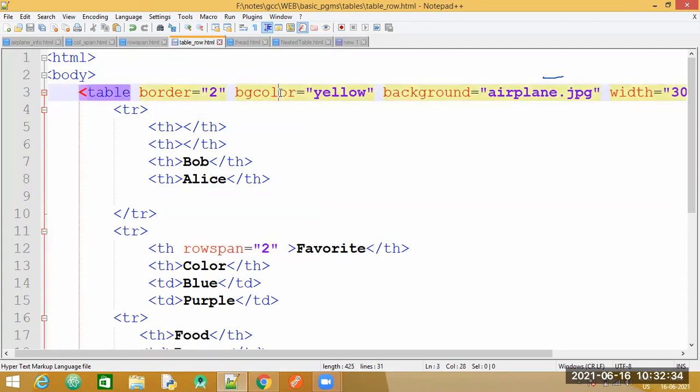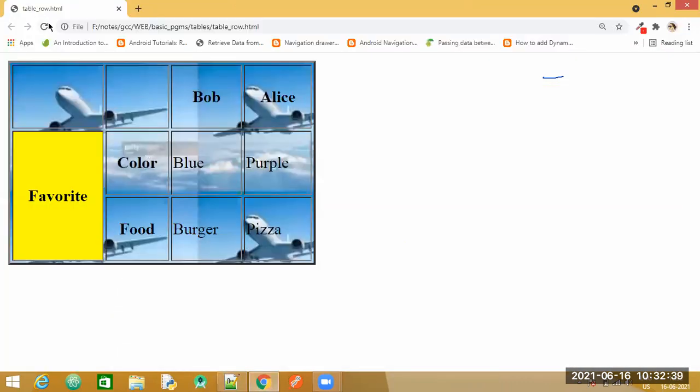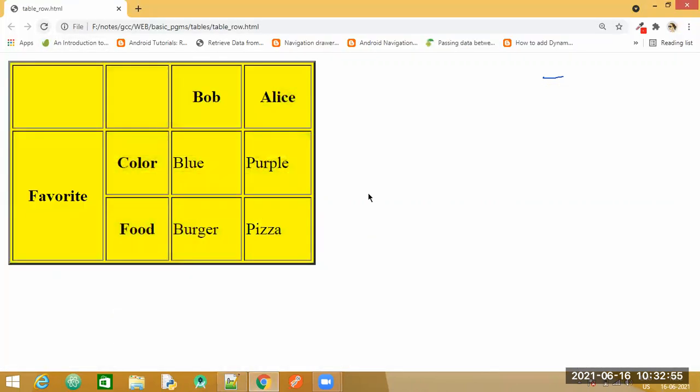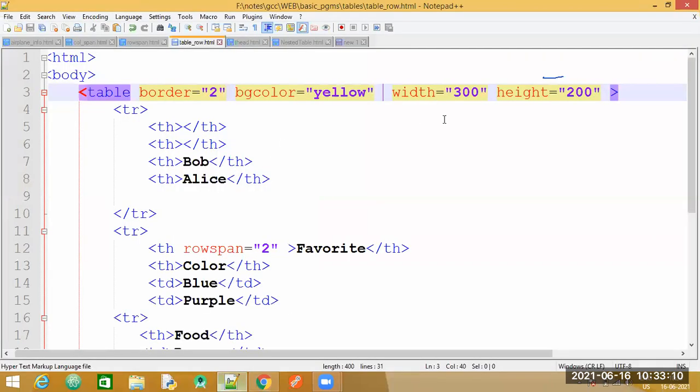Now we have specified the background color also, and we have specified the background image also. So see which one is getting implemented here. You have the background image. So if you want to apply the background color, you need to remove this property, save it, and refresh. So you can see you are able to again implement the background color for the entire table. So we have these few properties for the table tag, which are border color. Let us try to apply the border color again. Let me specify.